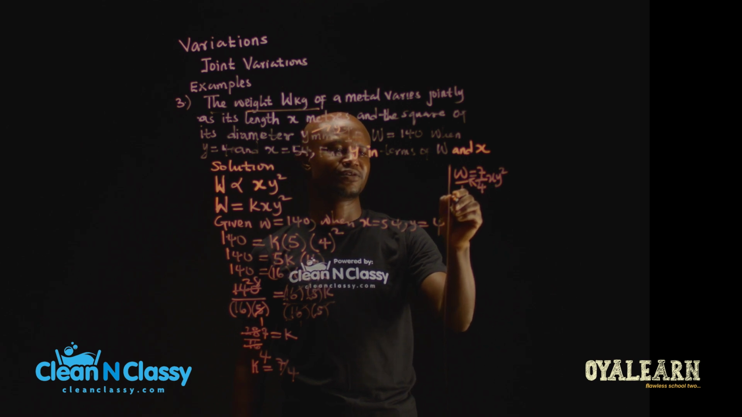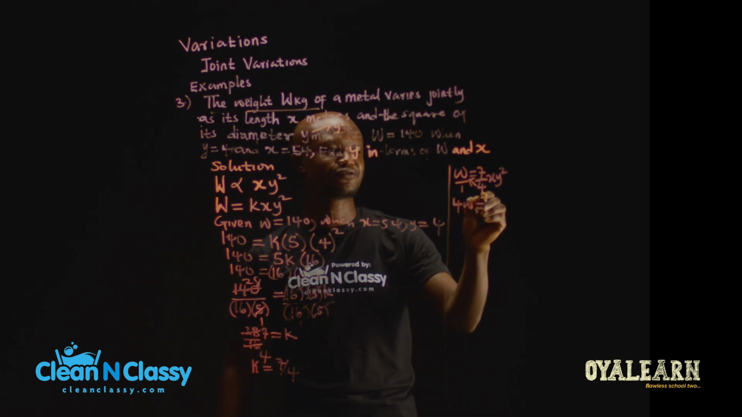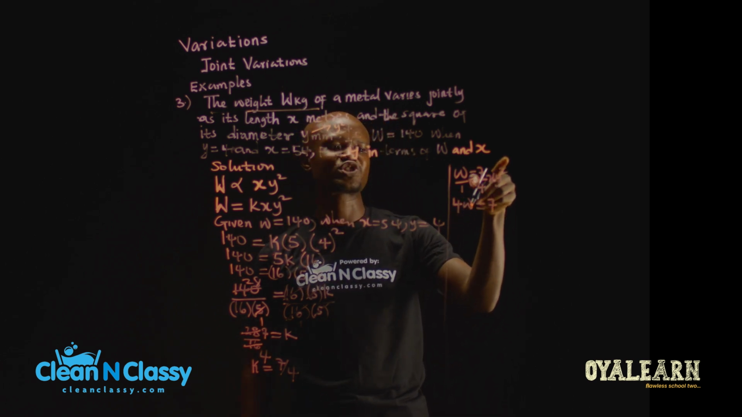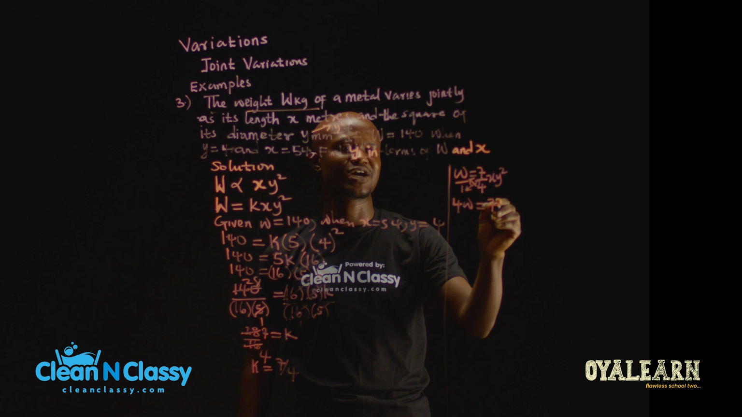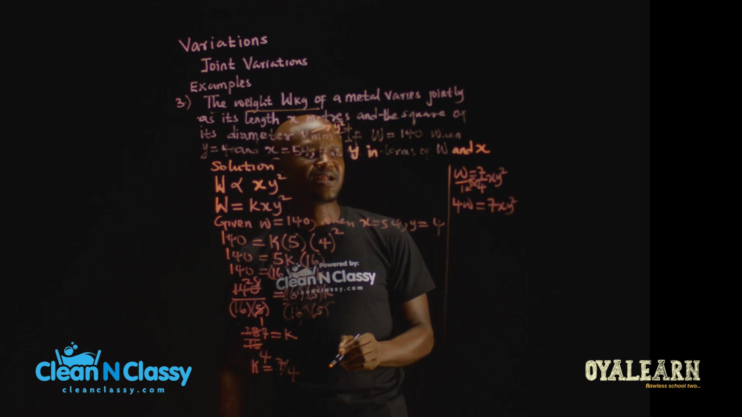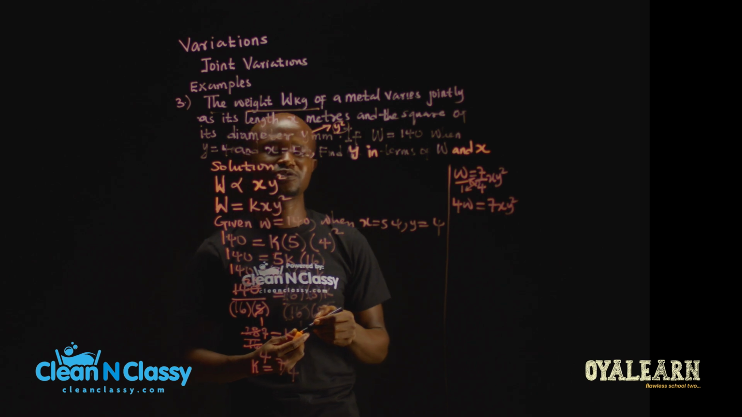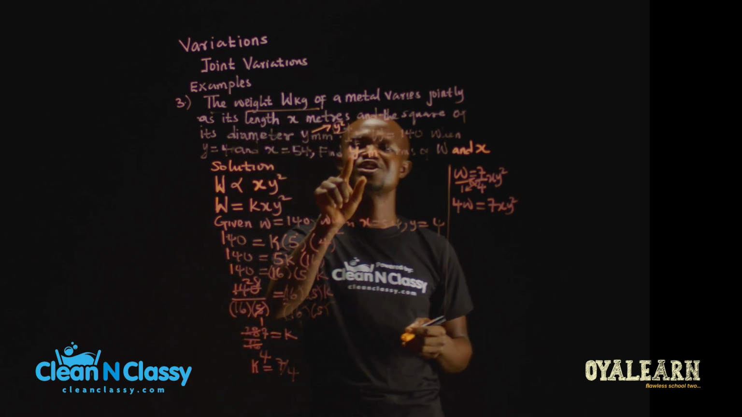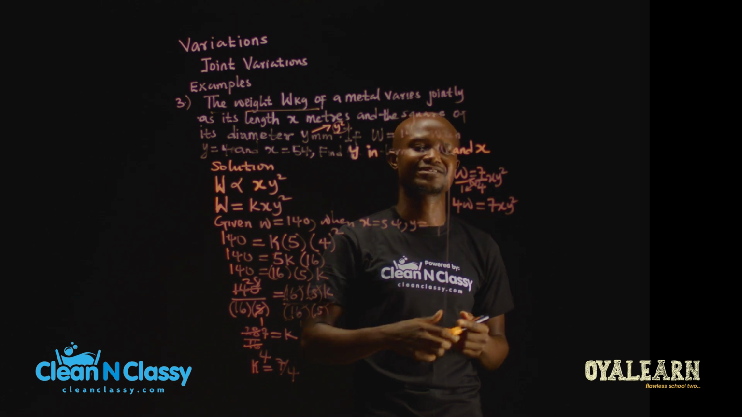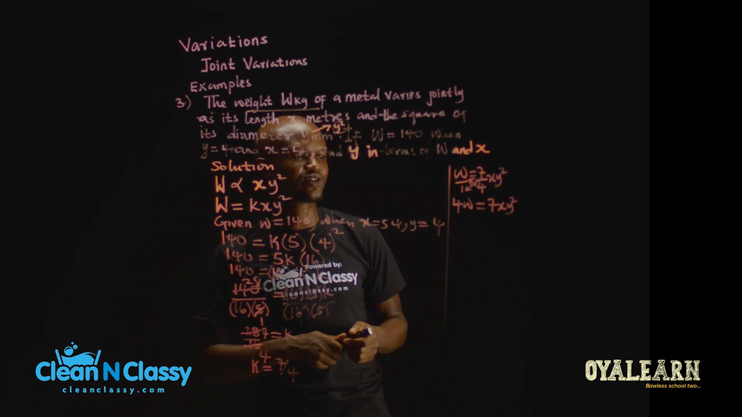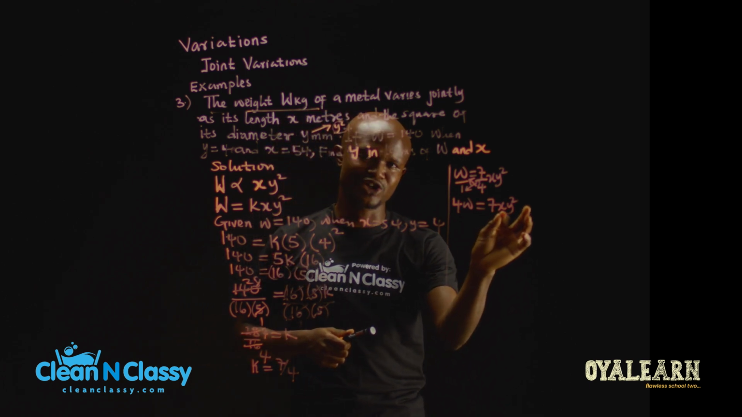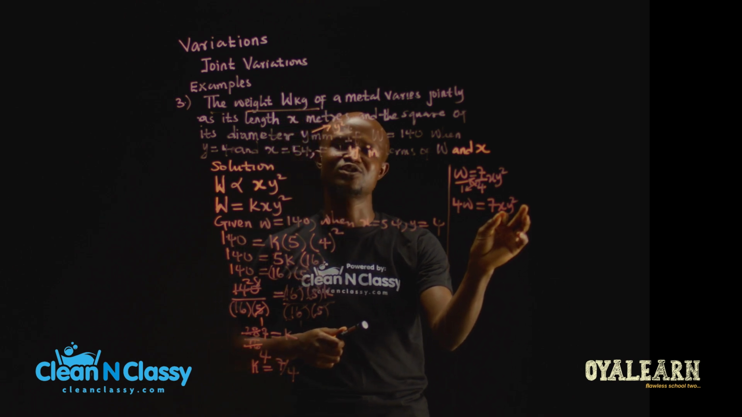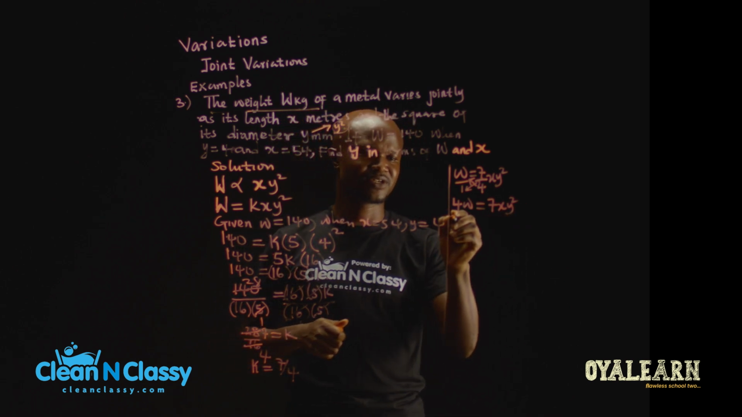By cross multiplying, what do we have? It means w times 4, we have 4w equals what? 7xy squared times 1. So we have 7xy squared. Now, don't forget we want to make y the subject of the formula because you have to find y in terms of w and x. So to make y the subject of the formula, what do we do? We divide both sides by the coefficient of y squared. And what is the coefficient of y squared here? That's 7x. So we say